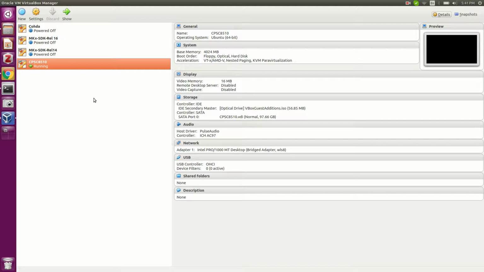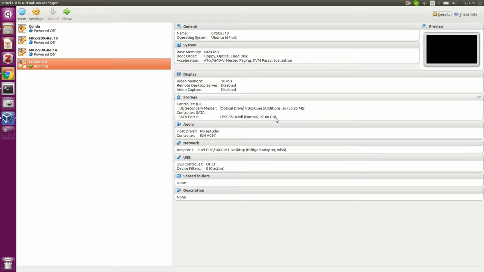So the virtual machine appliance that I have set up is this one called CPSE 8510. I have provisioned it with 4 GB of RAM and 100 GB of storage, but depending on your machine specifications, you can change the RAM to anything greater than 2 GB, I would say, and storage to anything greater than 20 GB, because you should keep in mind that the storage taken up by what's already installed, so NS3 and its dependencies, is already almost 10 GBs.